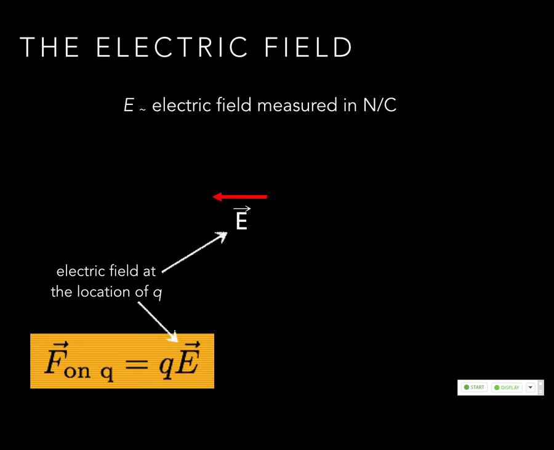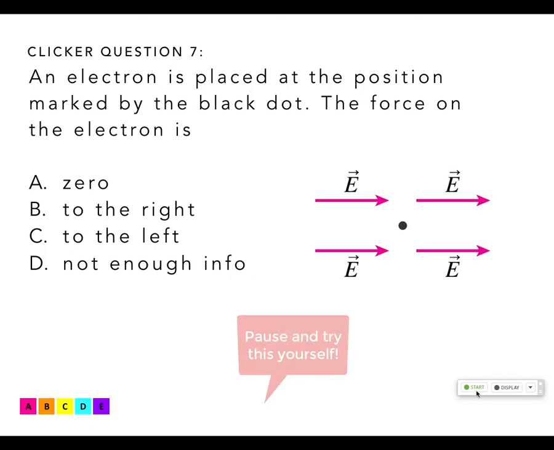Okay? So here's our electric field. Let's say we put a positive charge here, plus Q. Then this is plus QE. Then the force and the field are parallel. What if it's a negative charge? Minus QE. So the force and the field are antiparallel. And so it actually keeps the orientation based on the sign of the charge, but you only need one electric field. Okay? Well, then you're like, well, how do we get the field? But before we do that, let's try a problem.